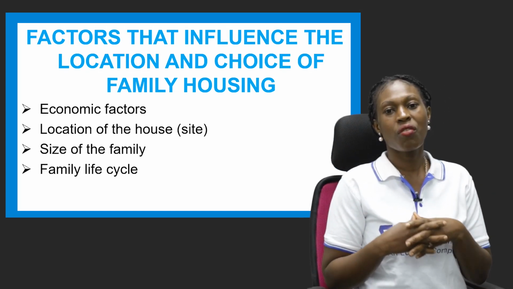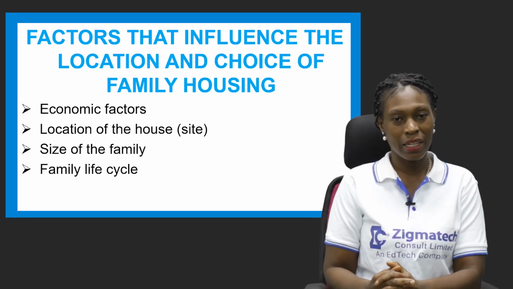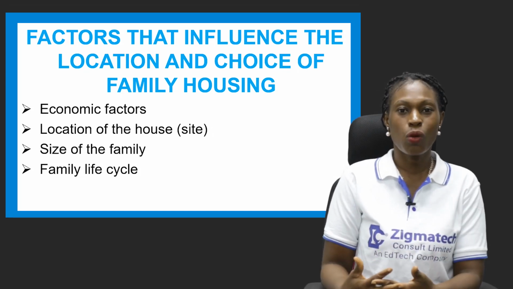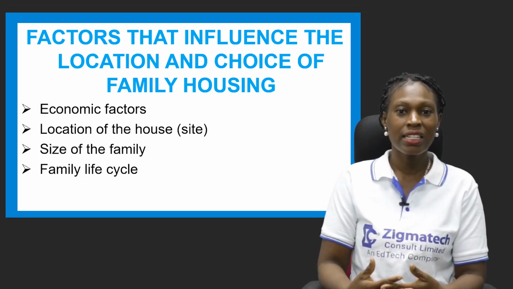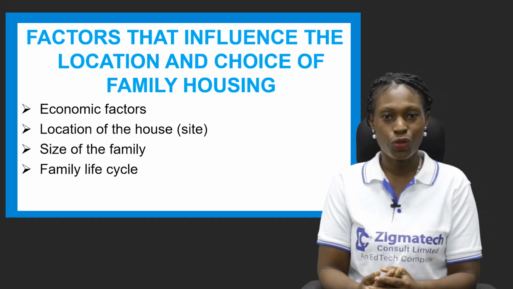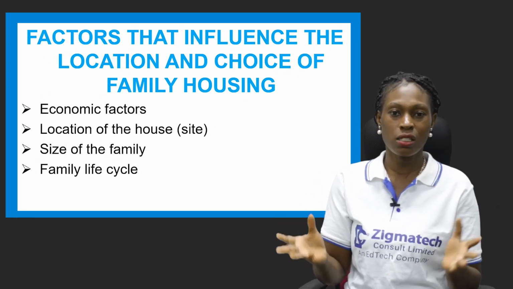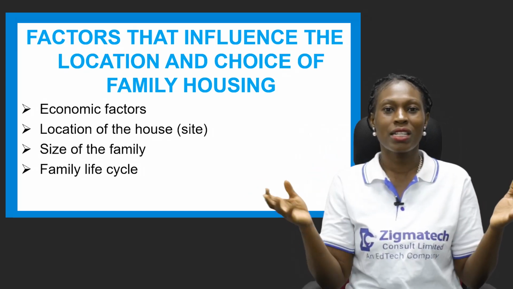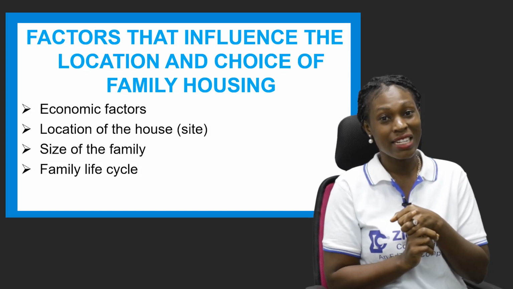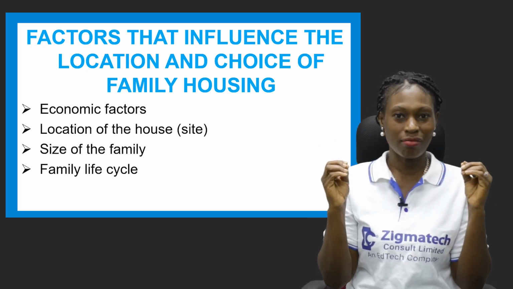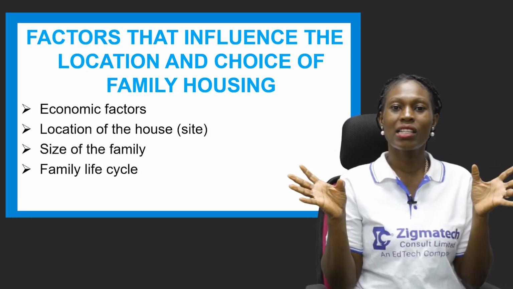So another one is the family life cycle. This also has to do with the growth of the family. Like I said, when mommy and daddy get married, it's just the both of them. And then as they begin to have children, 1, 2, 3, let's say 4 children, they tend to have the need for more space. They want bigger space. As they get bigger space, the children are growing. They go through secondary school, they go through university, and then it's time for them to get married. And then all of them are married off, and they've all gone to their husbands' and wives' houses.